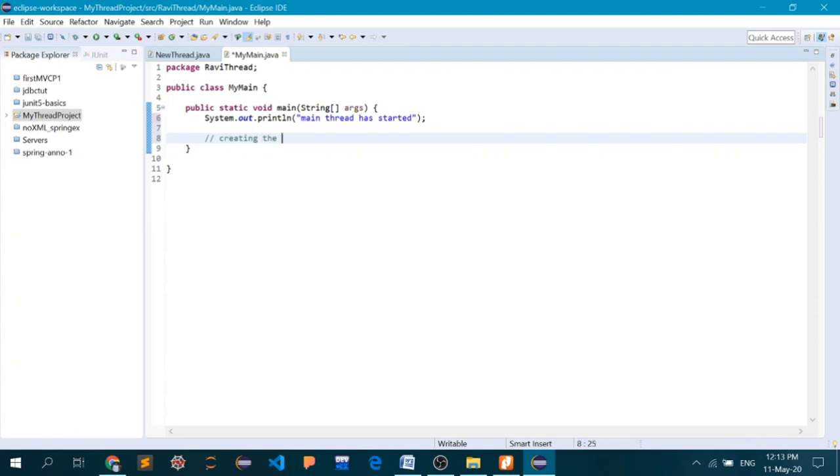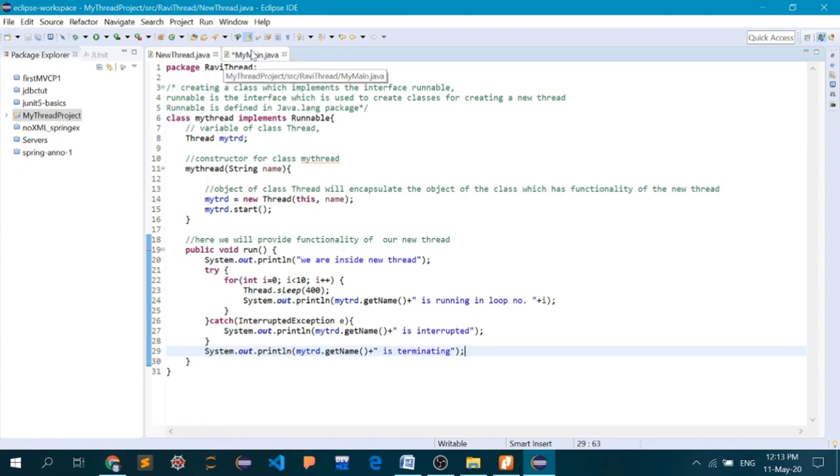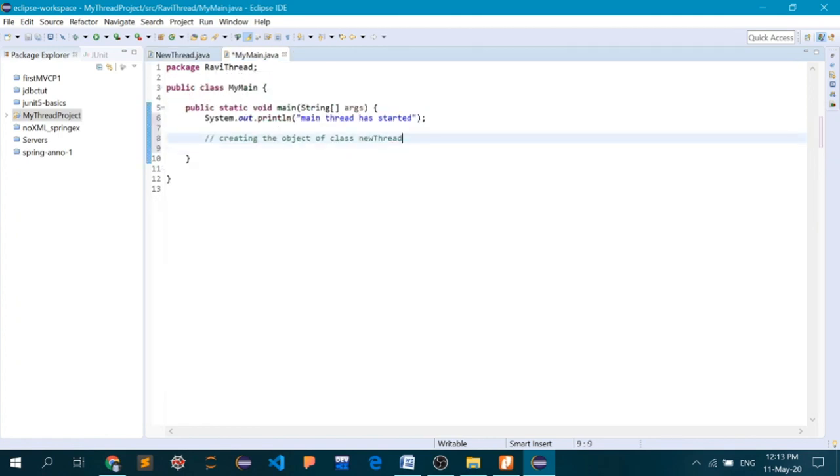Creating the object of class new thread. So it will be new, and I have to look for the exact name, my thread, which I have written here.